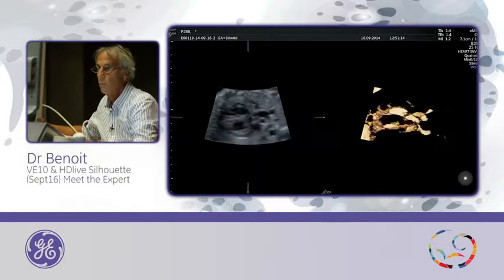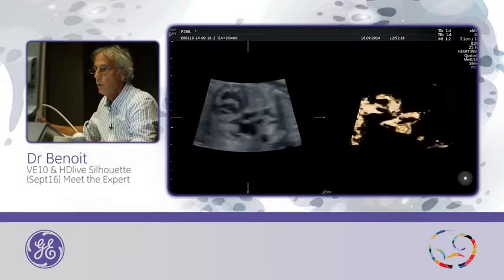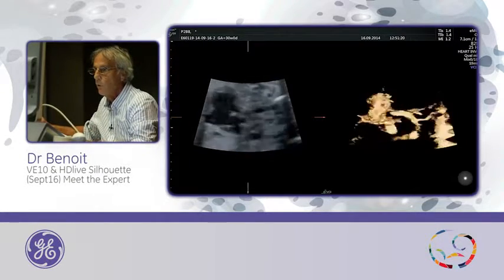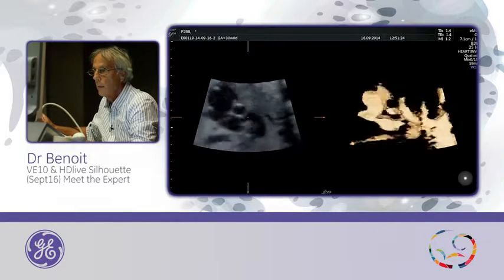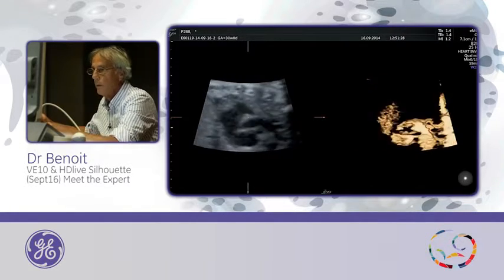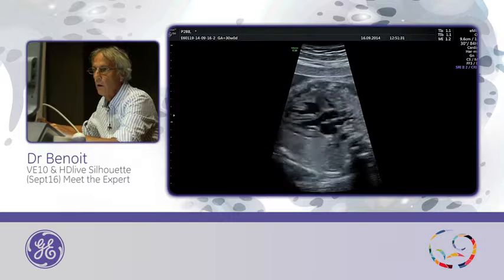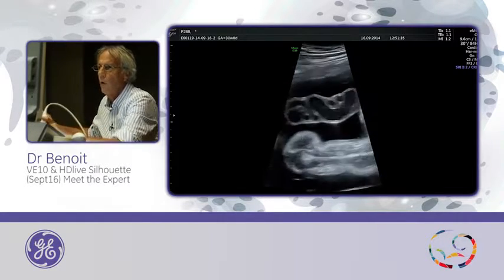I will put the two windows together. And if you turn, you can follow the aortic arch like this. So this is a nice tool, especially for the heart, but also for all the parts